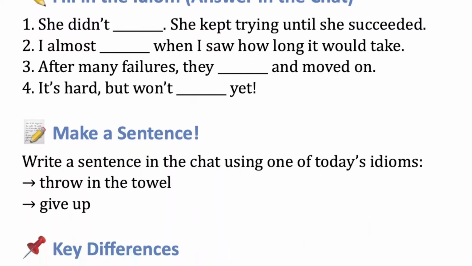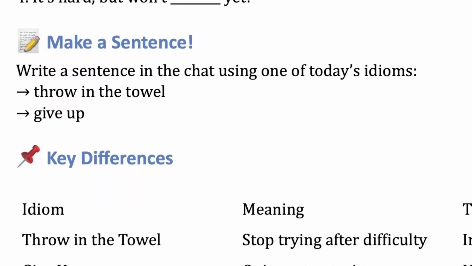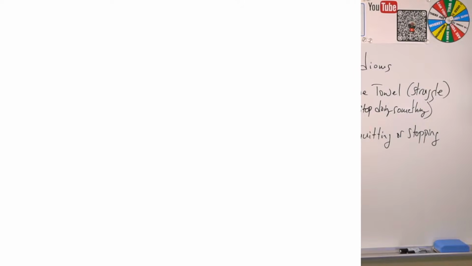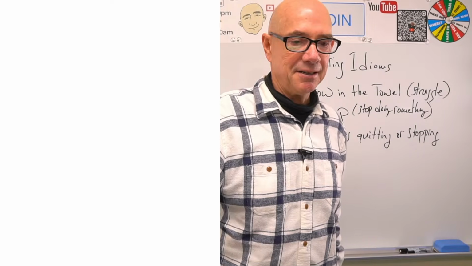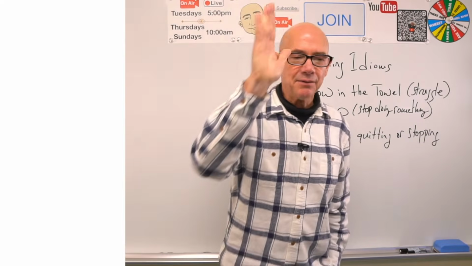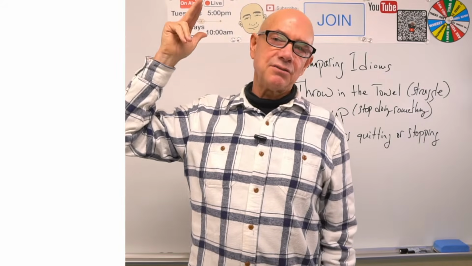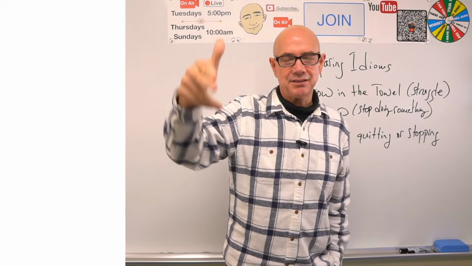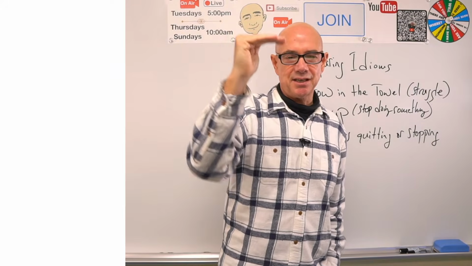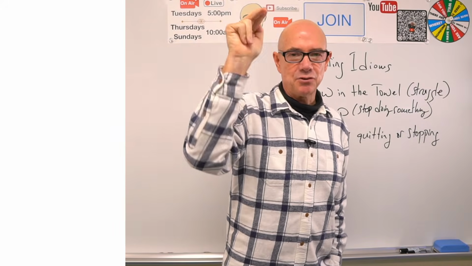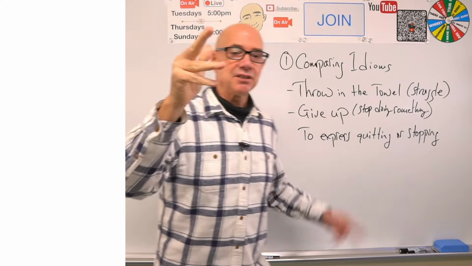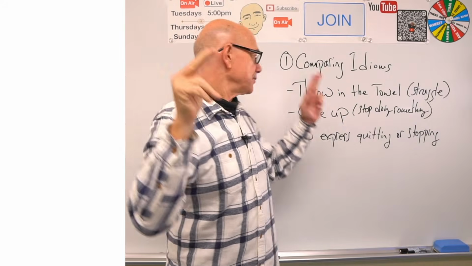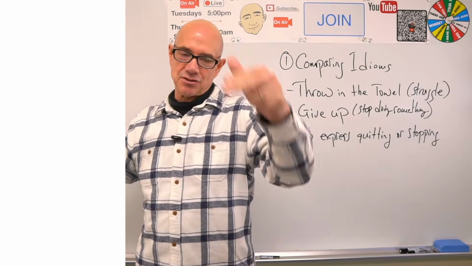Now, of course, you're going to make your own sentences. So let's make the worksheet a little bit smaller because it's too big. We can't see everything here. For the last part, we always make it the most challenging, right? As the worksheet progresses, as we move to each step, you have to do more. It's more of a challenge for you. So now it's time for you to make sentences using throw in the towel and give up, right? Now it's your turn.